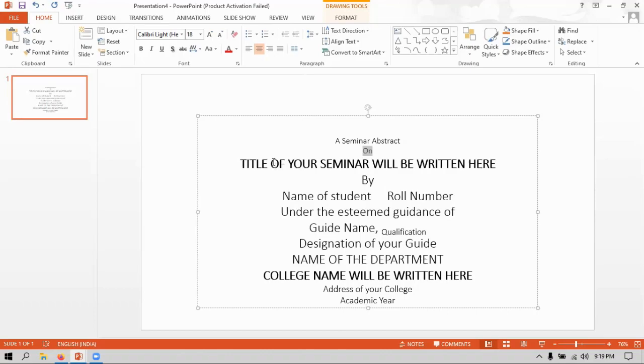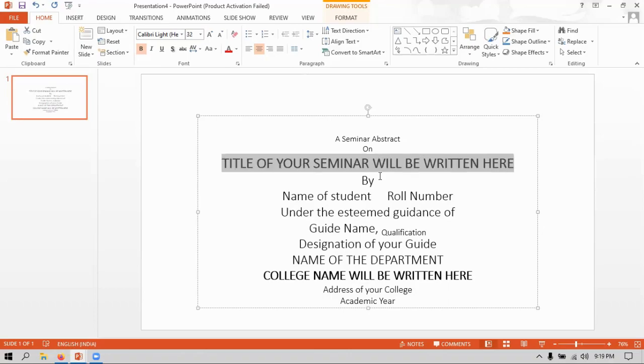In the third line, the title of the seminar, as I already told you, has the highest priority. I want to highlight the seminar title. So the title of your seminar will be written here, and that will be given as 28. By default, it is 28. I'm not going to change it. Otherwise, you can also increase the font size by using Control plus right flower bracket. So it is 32.